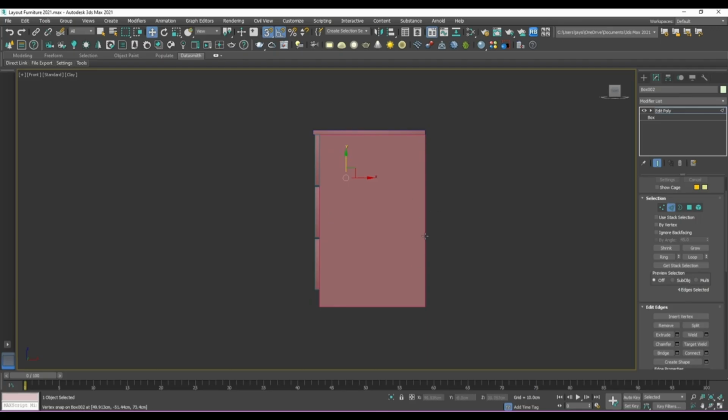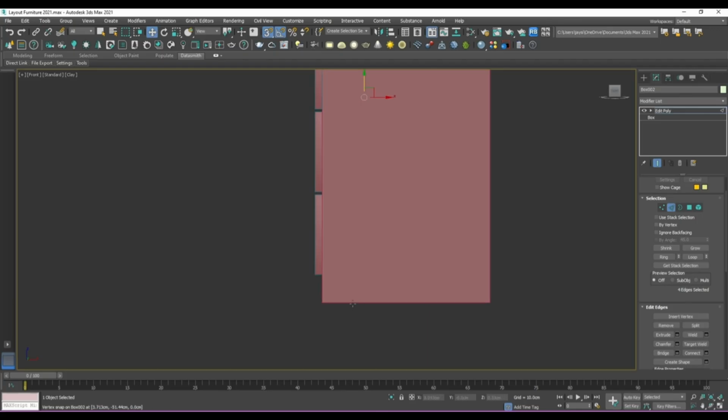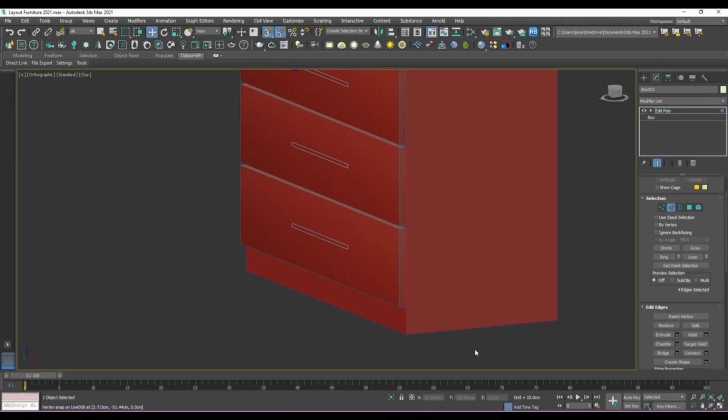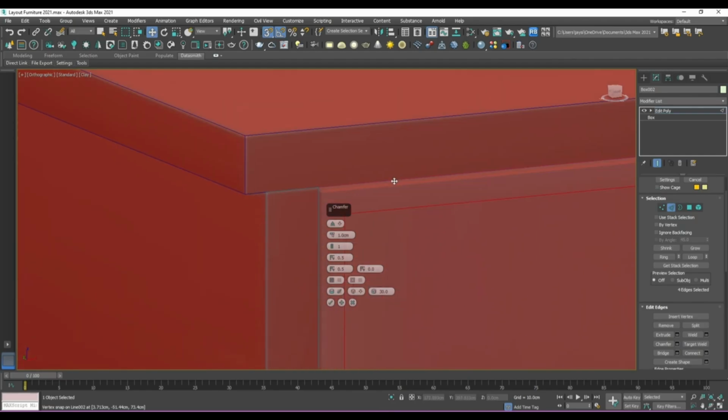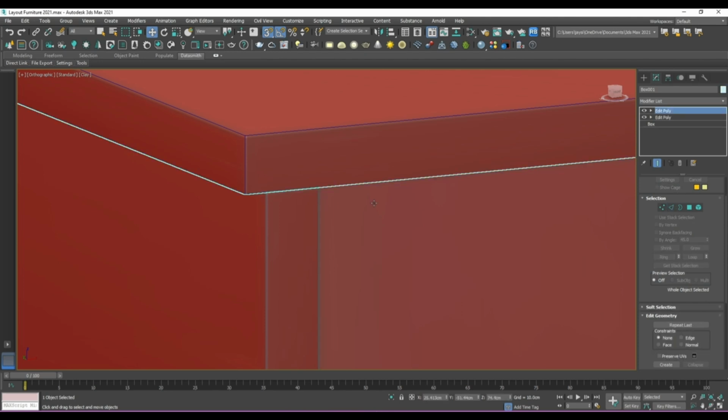So we won't do the back ones or these bottom ones, because that'll be against the wall, and also the bottom ones will be, well, in the carpet, so you won't really see it, so it's not going to really matter. Oh, that's it. 0.1 again. Okay, and let's just